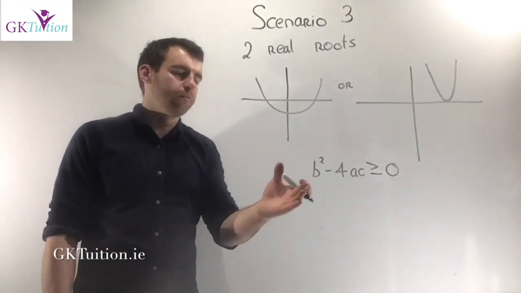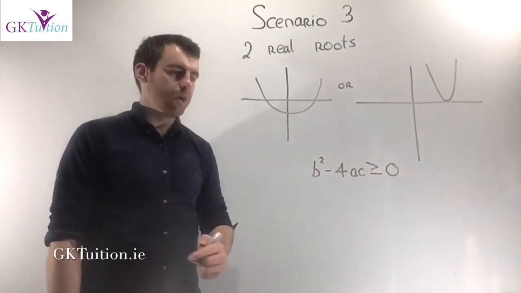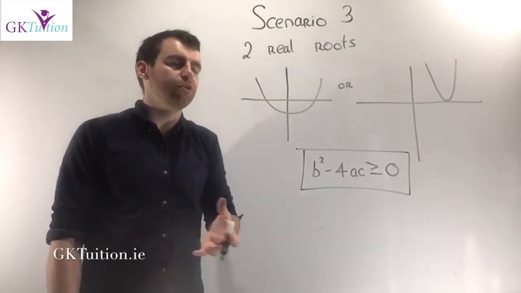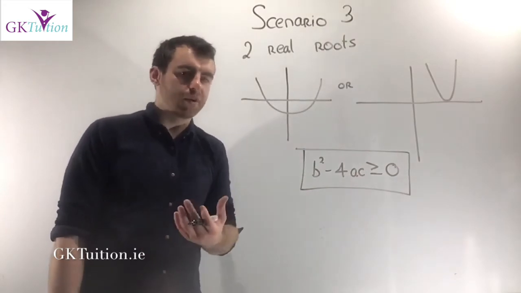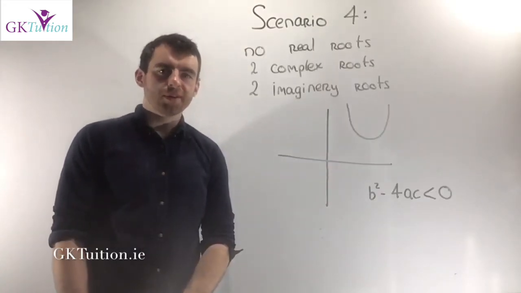Which means you need to prove that b squared minus 4ac is greater than or equal to 0. So that's the third possibility. If an exam question says prove a quadratic has two real roots, this is your instinct. Either b squared minus 4ac is equal to 0 or it's a positive number. Okay, the fourth scenario here